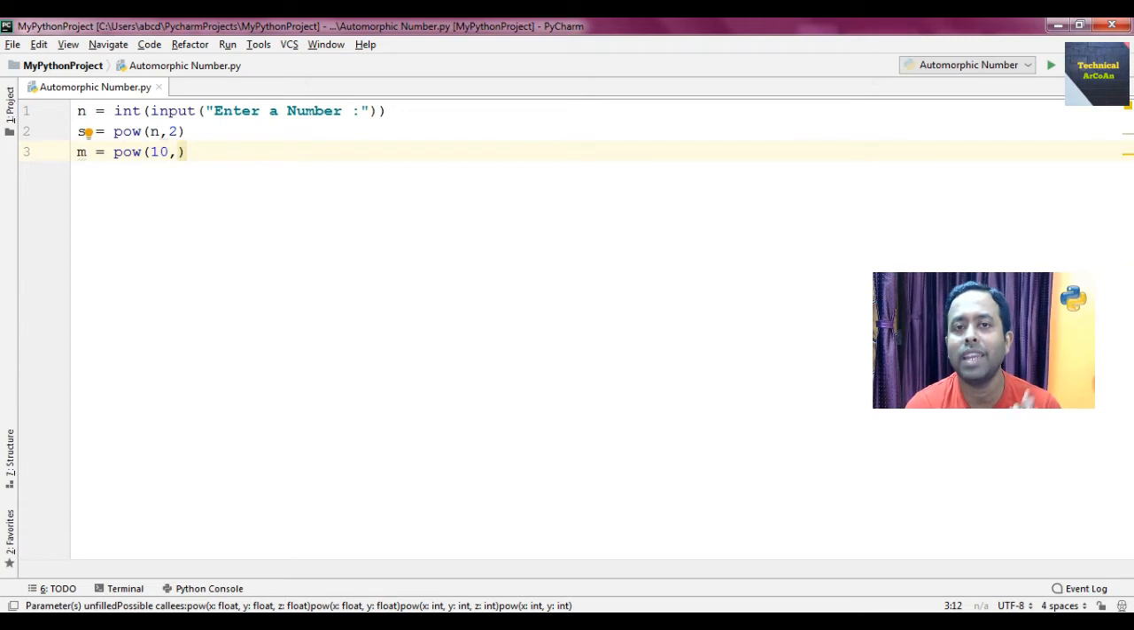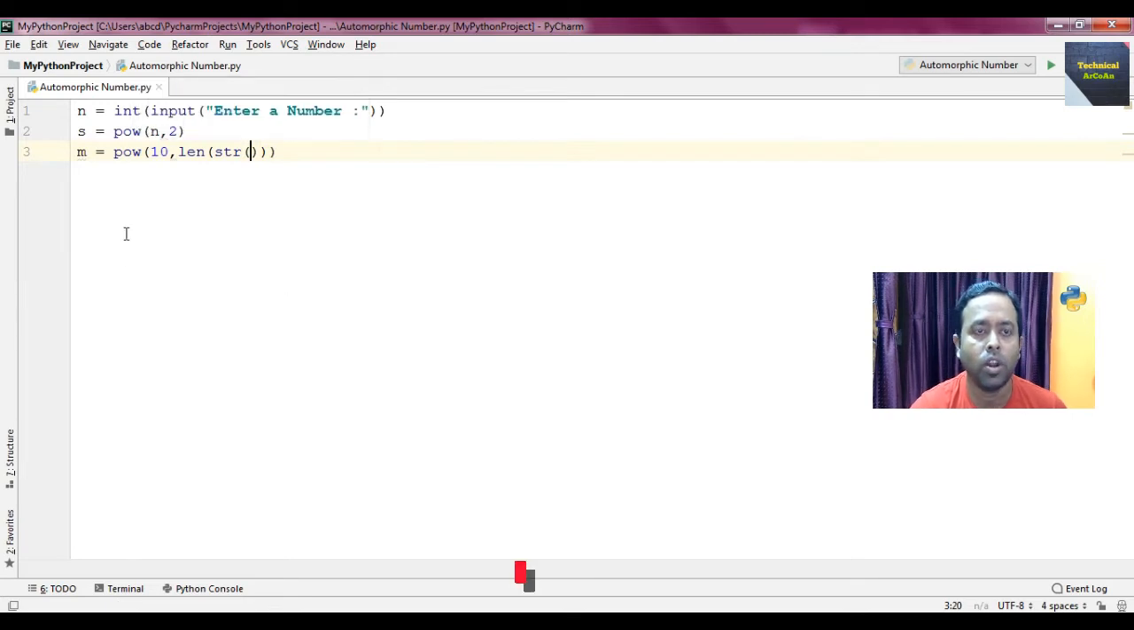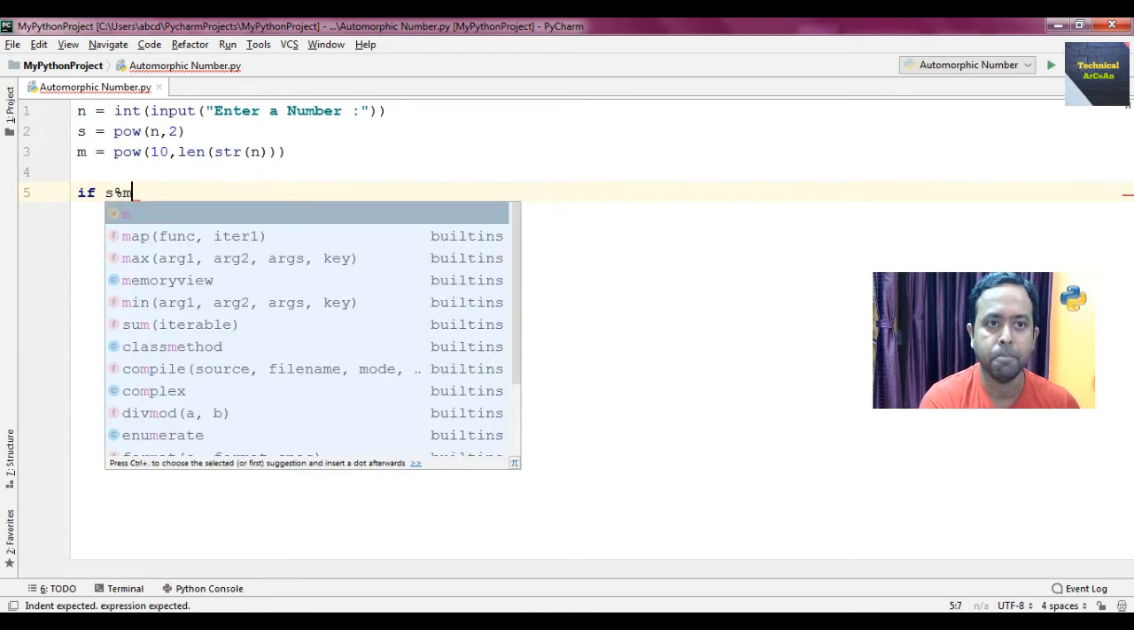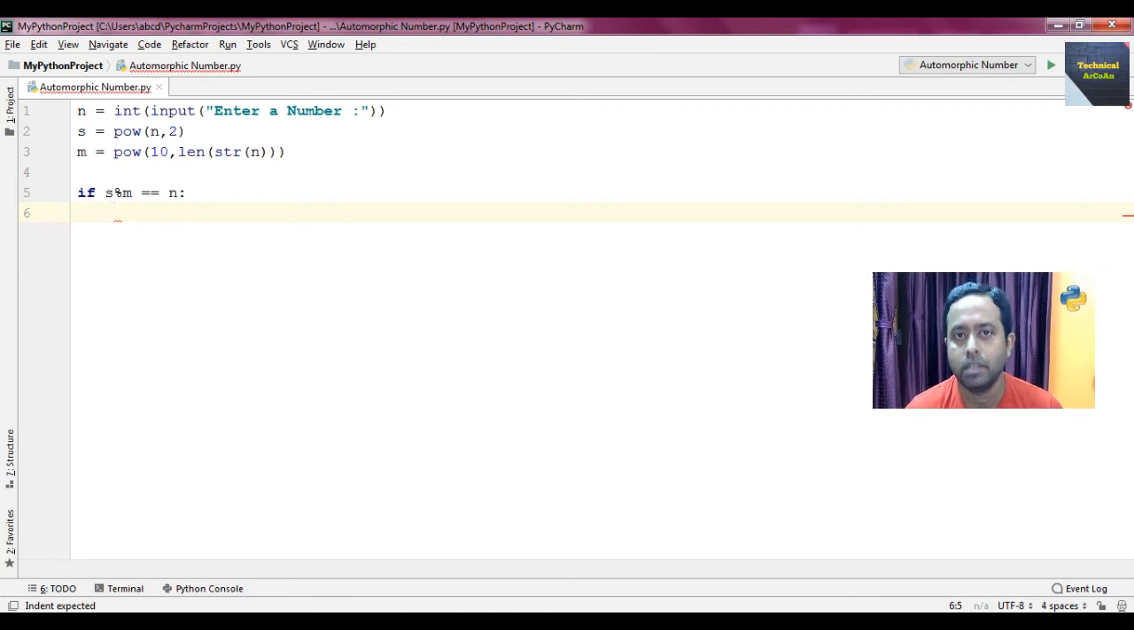In that case we have to find the length of the string, because we first convert the number into a string and find the length of that string, meaning how many digits are present in the number. That's why we use the len method, and we write str, because we already typecast n as an integer, so again typecast into a string and send the argument as the variable n. After that we check: if s % m equals our actual number n,